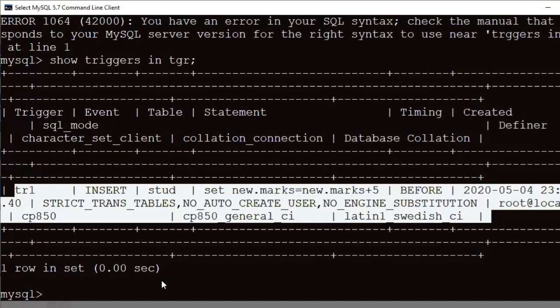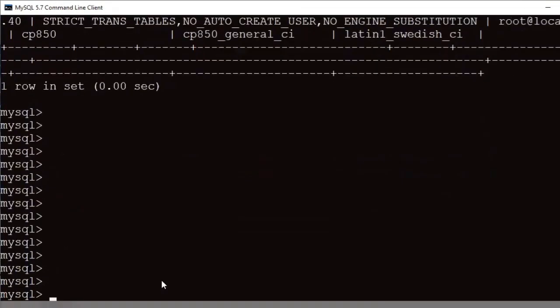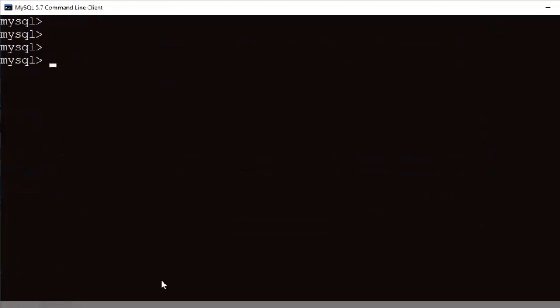Then we'll move on to the operation. If you are inserting a new record, before insertion the trigger will be executed first and then followed by the insertion.